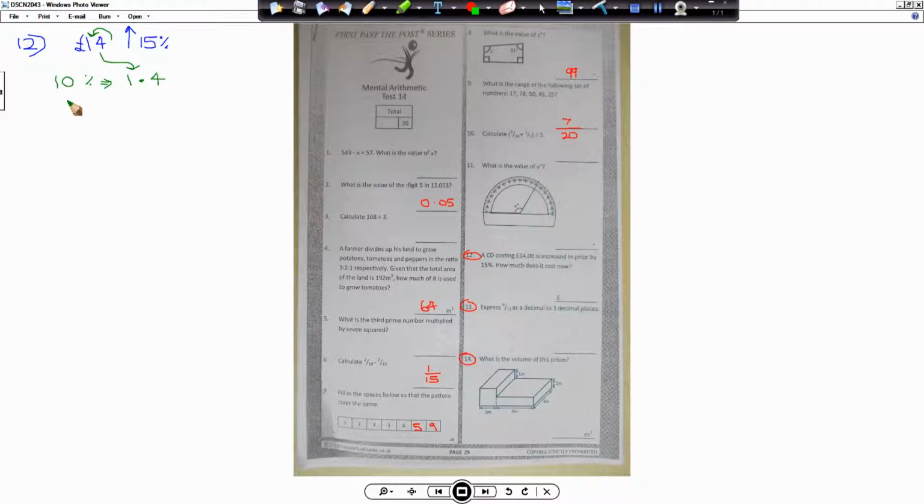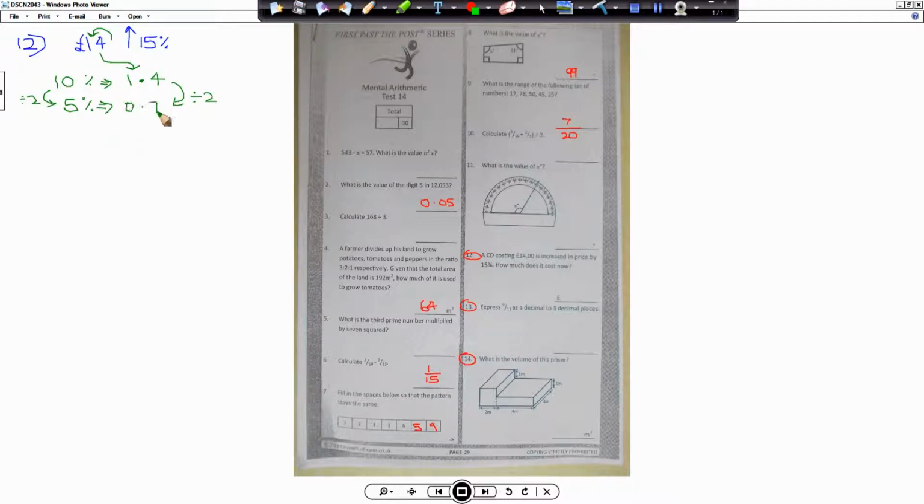Now, we need to work out our remaining. How much percent have we got left to work out? 5%. 10% is 1.4. How do we get from 10% to 5%? What do we do to it? From 10 to 5, what do we do, folks? We divide by 2, because 10 divided by 2 is 5. So what we do on the left, we do on the right. So we have 1.4, divide that by 2, that gives us an answer of